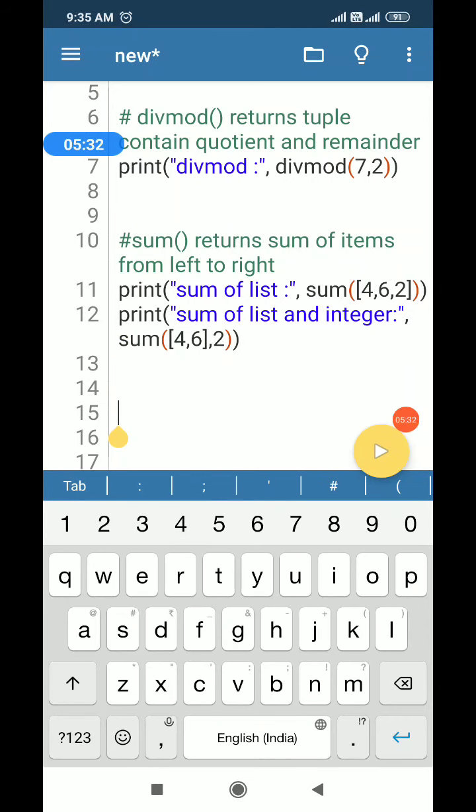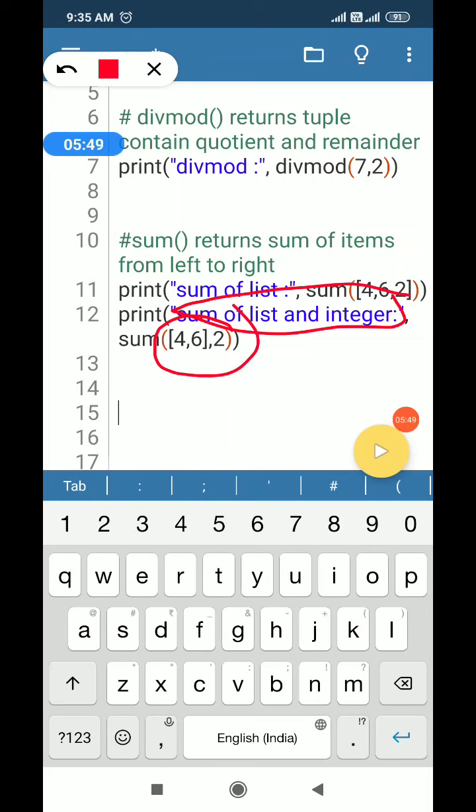Here you can give a list and you can pass an integer value also. So in this case you are providing a list and an integer. See here, this sum function will take a list, this is the list, and 2 is the integer value.